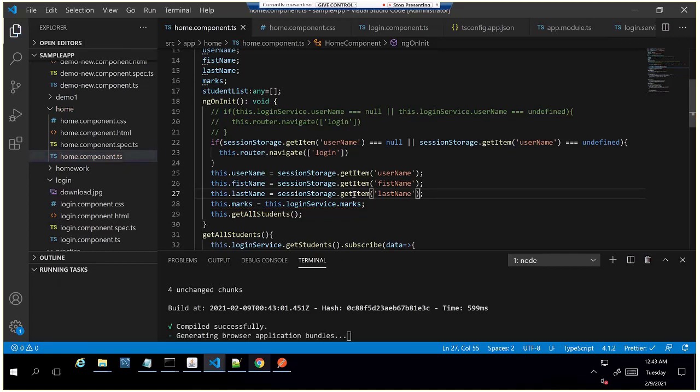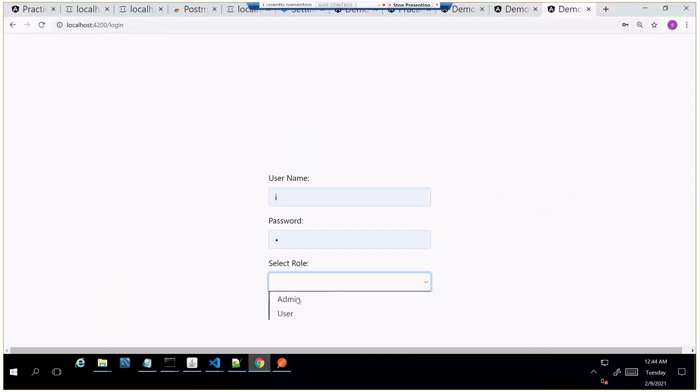For real-time examples, we'll store all the values in session storage, because the user may be redirected to a lot of pages in the application, and every time the user refreshes the page, it will not log out. Basically it will stay on the same screen the user was on before the refresh, and the login information is present after refresh also. Now once we log in, we'll refresh and see whether the value is retained or not.